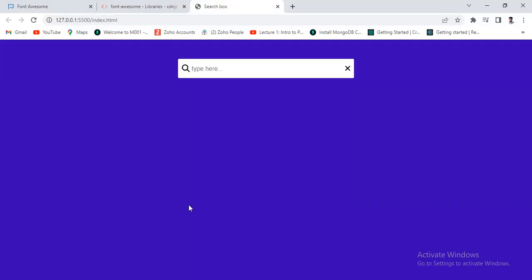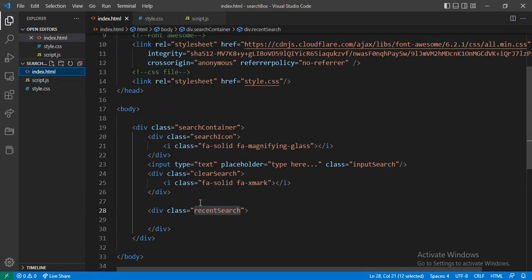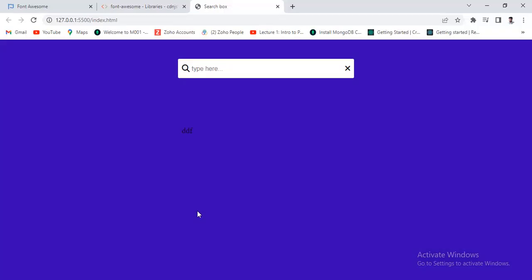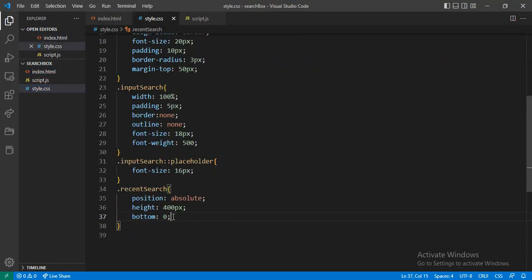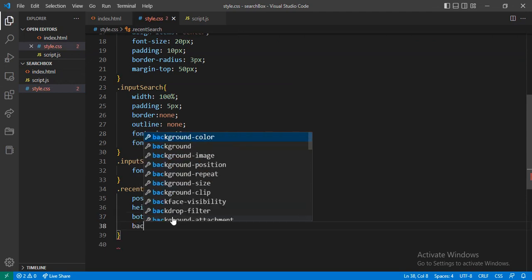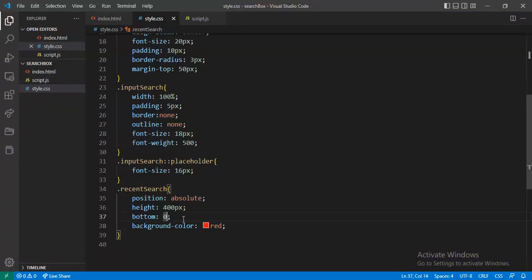Now let's see, yeah, this is not displayed, and let's add some text. Where will this be displayed? Here it will be displayed. First of all I want to give this a background color for seeing purposes, background color red. Now see, here this one will display, but I want to just remove this top,